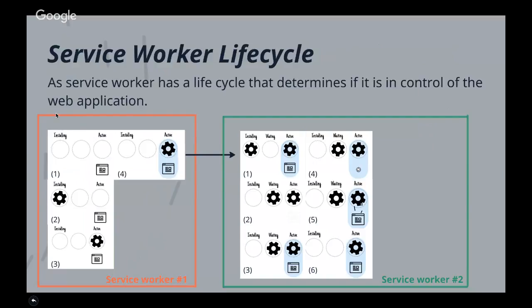So what happens when, say, you update your service worker code and the user re-accesses the page? What is going to happen is the original version of the service worker will be in the active state. Then version 2 will start installing. Then you go into the waiting state.